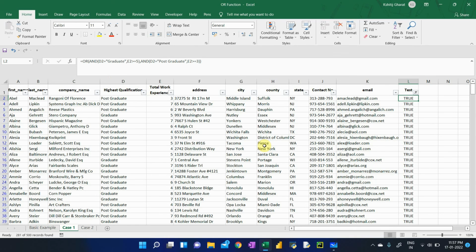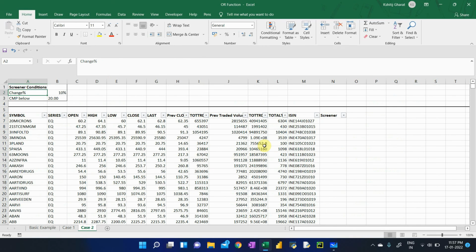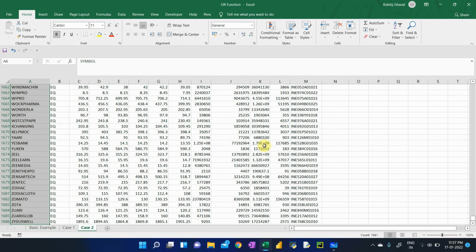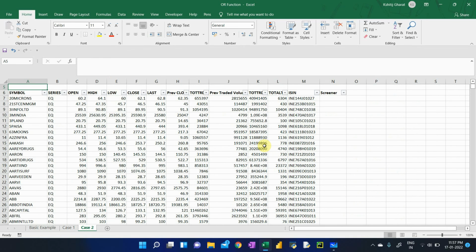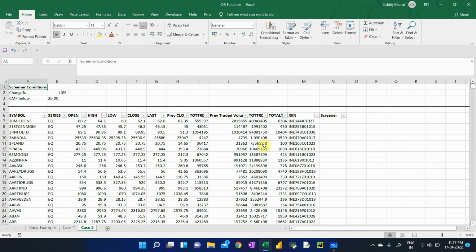Now let's take an example from a finance perspective. Again, this is a data set of 1680 companies listed on the National Stock Exchange, and you are a trader. Your criteria is that you want stocks which are volatile, that is, the change over the previous year should be 10%.